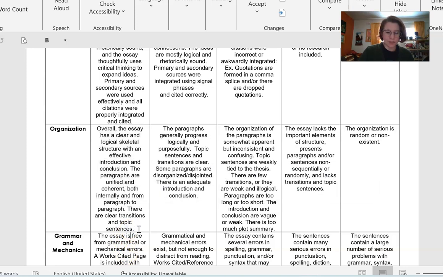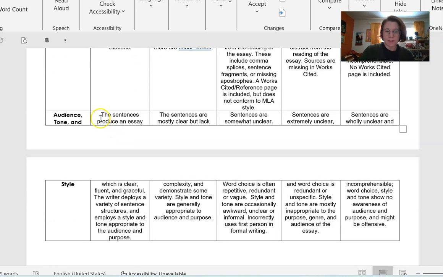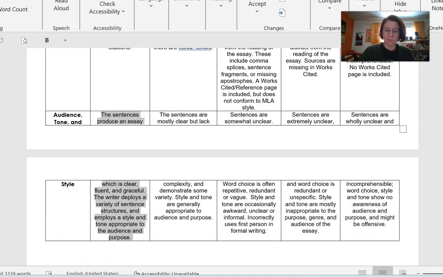Are there transitions? Is everything grammatically correct? Do you have a reference page or works cited page with your references included? And is your style of writing appropriate and the correct tone for an academic piece of writing?